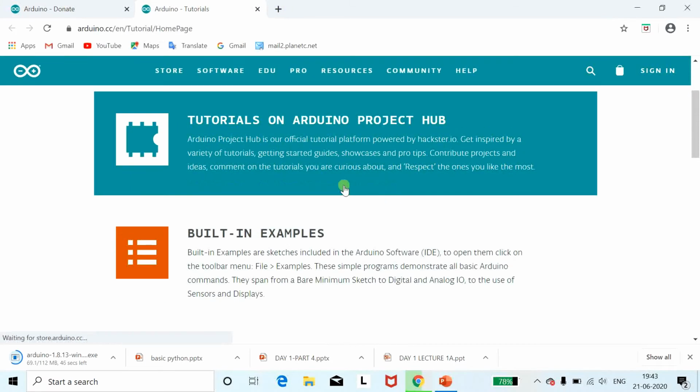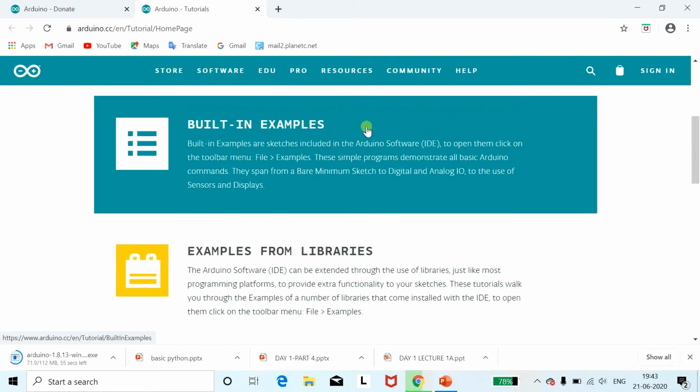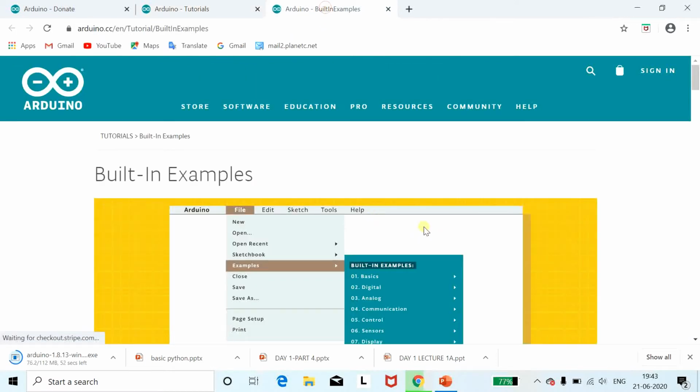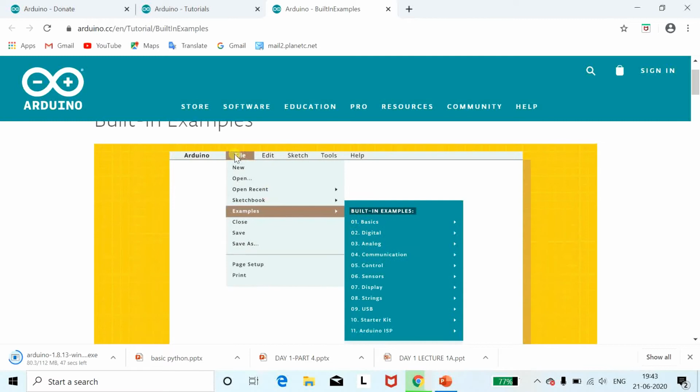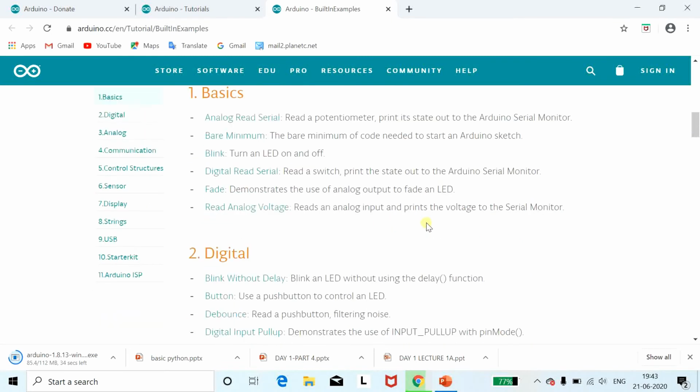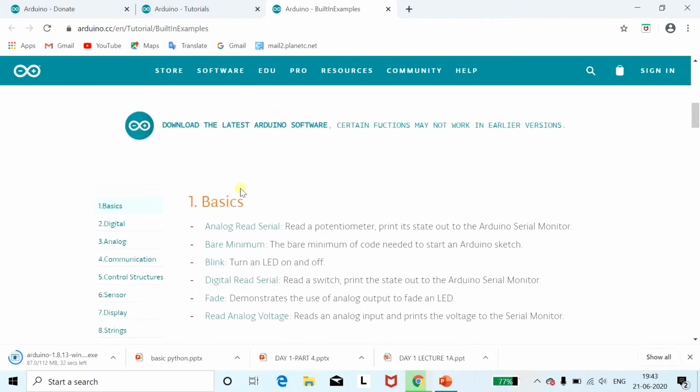You can see that tutorial in Arduino project hub. You can see the built-in examples available for it. You can see how to use Arduino is given here in the built-in examples. Once you go into file, you can see examples, a number of examples are there. So in this way you can refer to the tutorials given to you, and how you can use it for a basic operation.